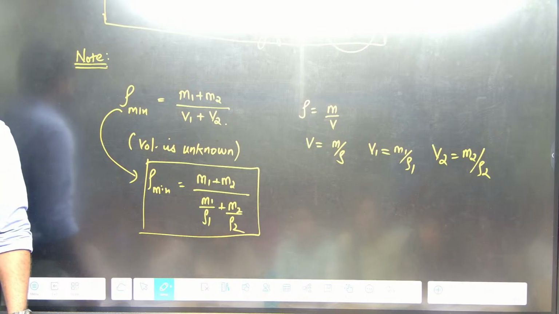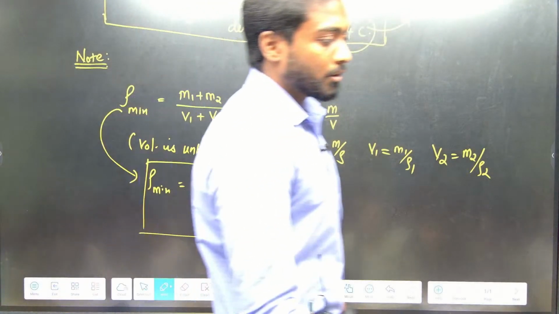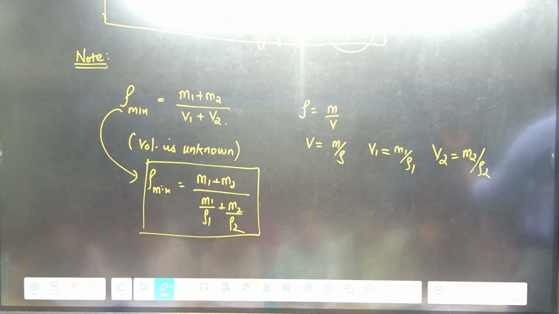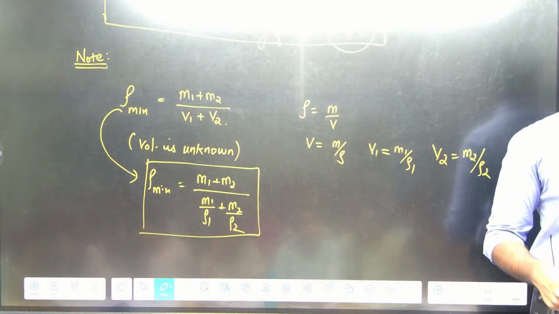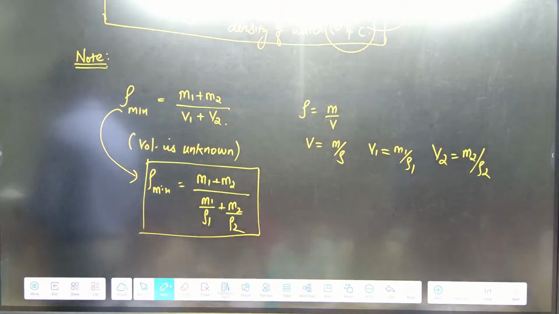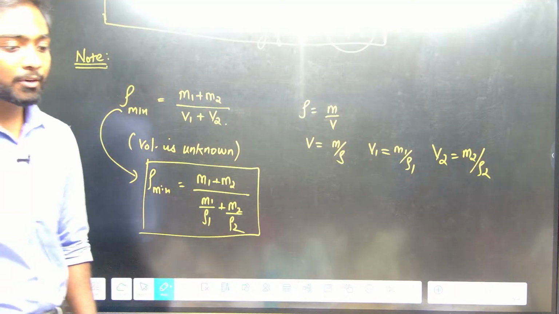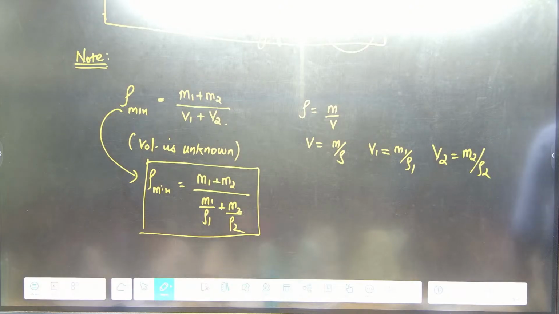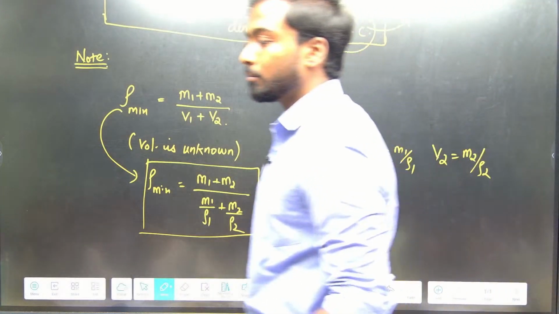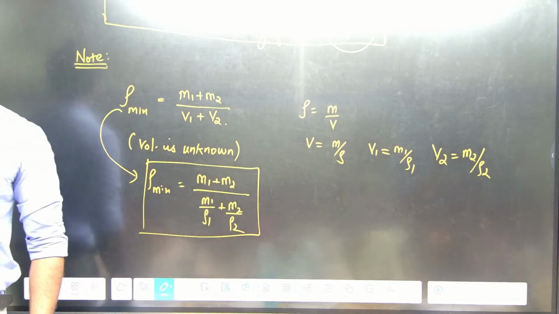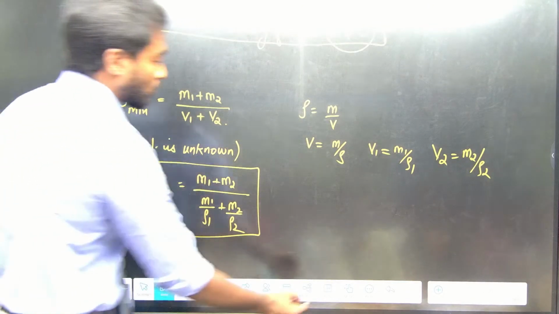Done? Any doubt in this first point? If volume is not given, I can rewrite it in terms of mass and density. The next point is, if two liquids with volume V1 and V2 and density rho 1 and rho 2,